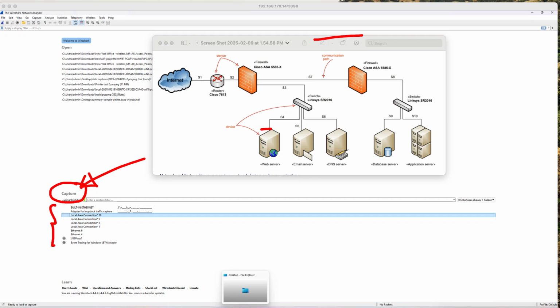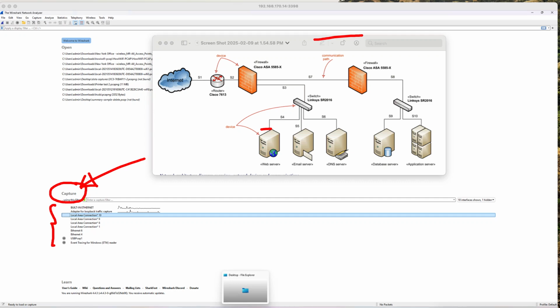Depending on your system, when you open Wireshark, it is going to detect all the interfaces on your computer, even the loopback adapters and all the adapters that it sees, and you have to select the ones to capture the traffic. If you select the wrong interface, for instance, if I select the